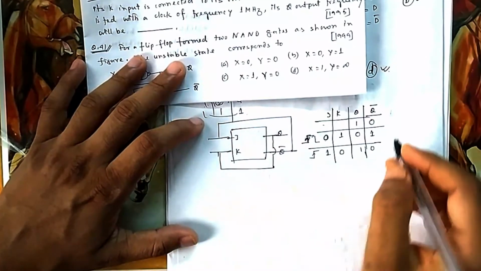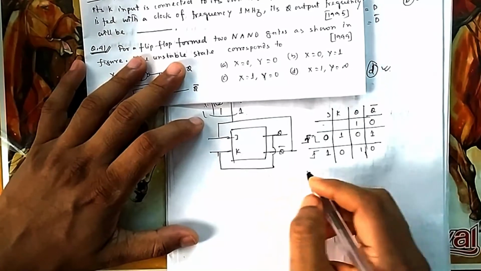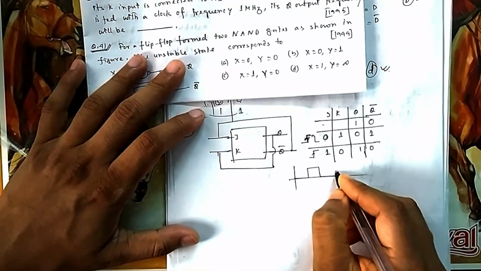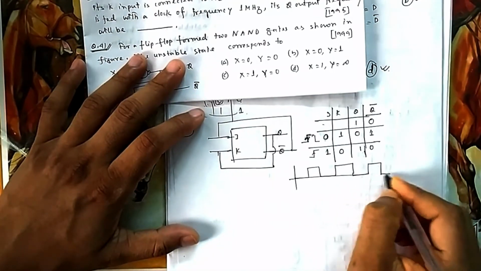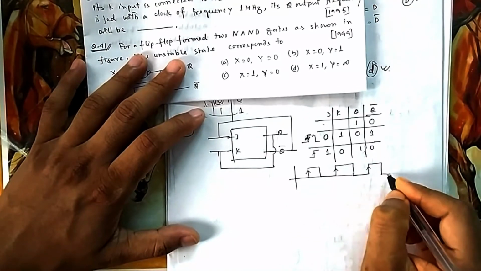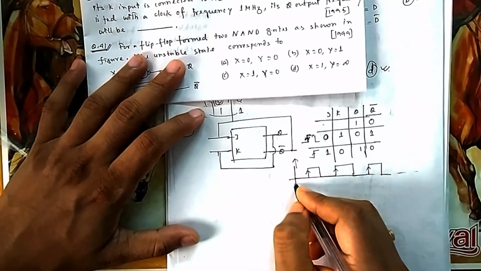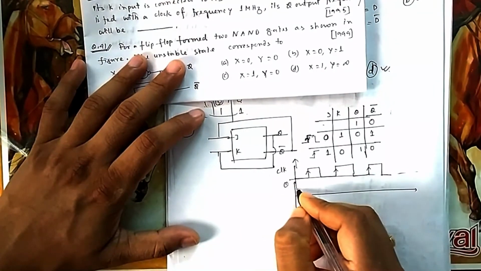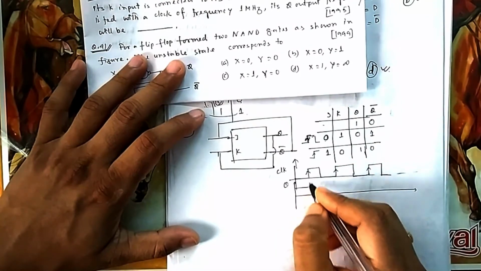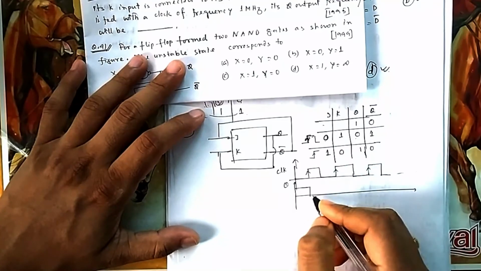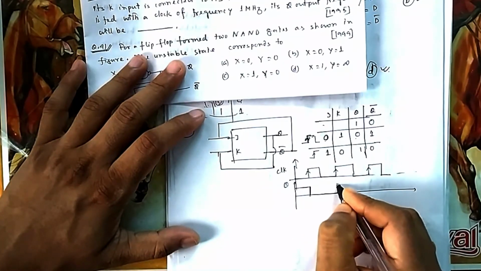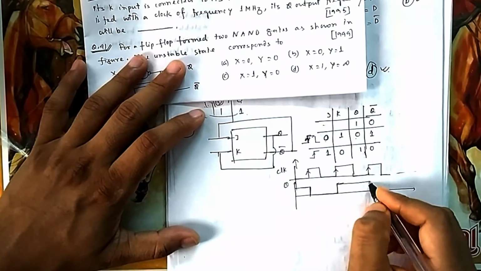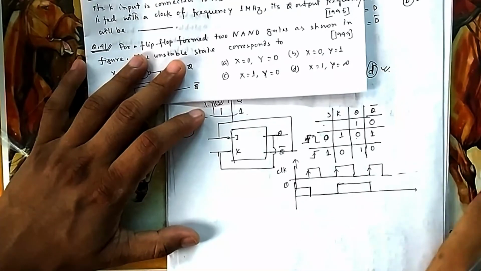If you draw the clock and your Q curve, suppose this is my clock. You can trigger it on the rising edge or on the falling edge; I am doing it on rising. Suppose this is my Q. Initially my Q was high, that is 1. When you give the clock pulse, it becomes 0, and it will remain 0 until the next clock pulse comes. When the next clock pulse comes, it becomes 1. Once it becomes 1, it will again wait, because the next change will occur only when the next clock occurs. Until then it will hold that state.